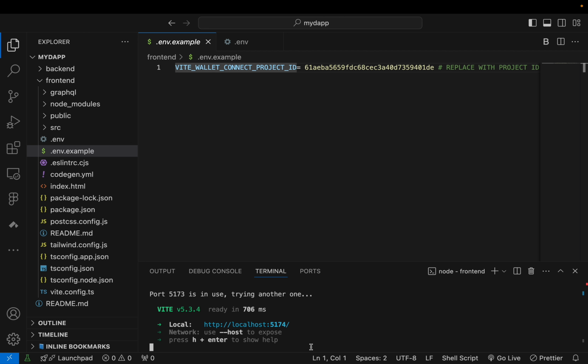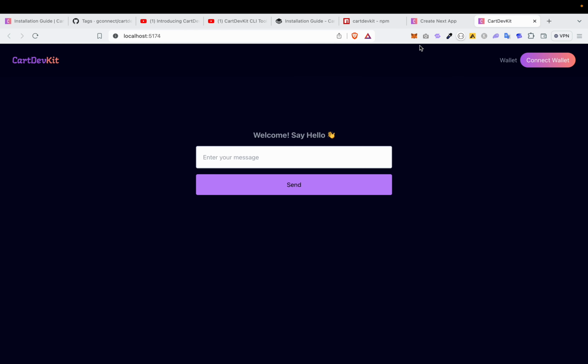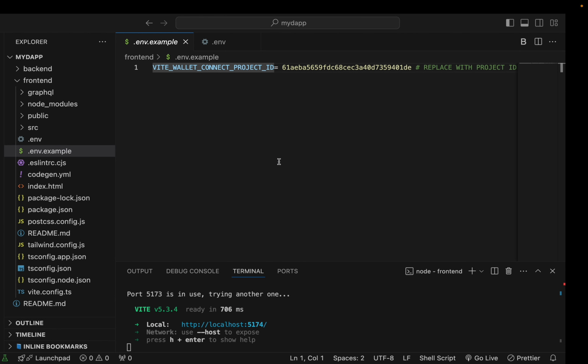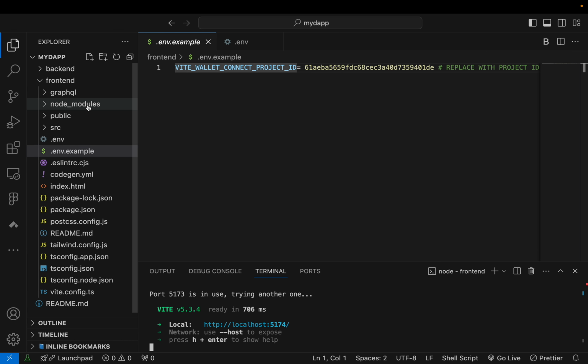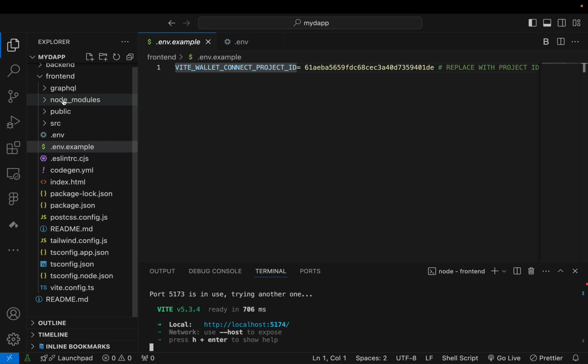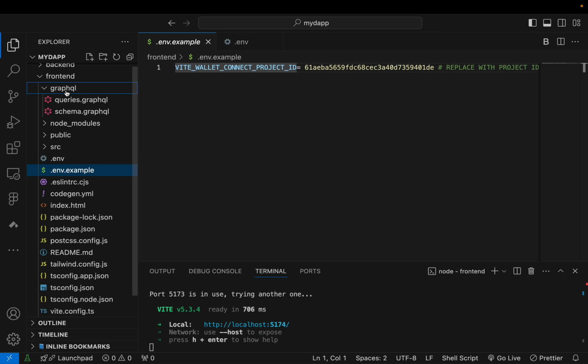So since our installation is okay, we can run this, and this is running at this port. So I'm going to be explaining and revisiting that UI. So in our front end, this is the directory. We have this GraphQL